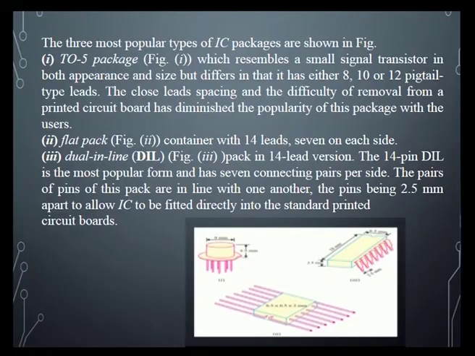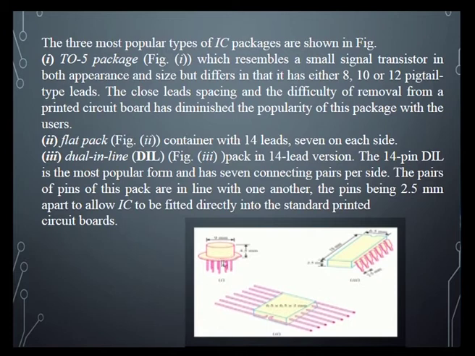The three most popular types of IC package are shown here. The TO5 package resembles a small signal transistor in both appearance and size, but the difference is that it has 8, 10 or 12 pigtail leads that help with external connections.